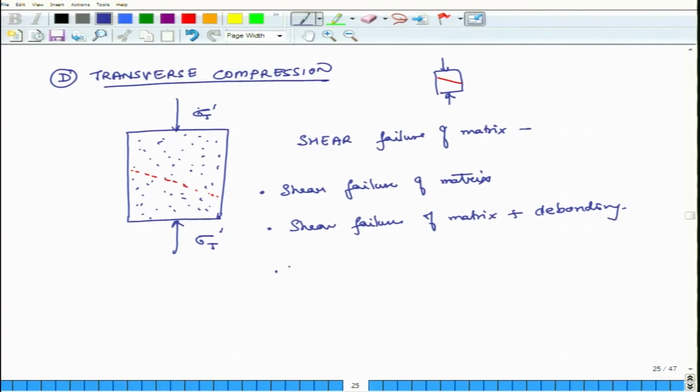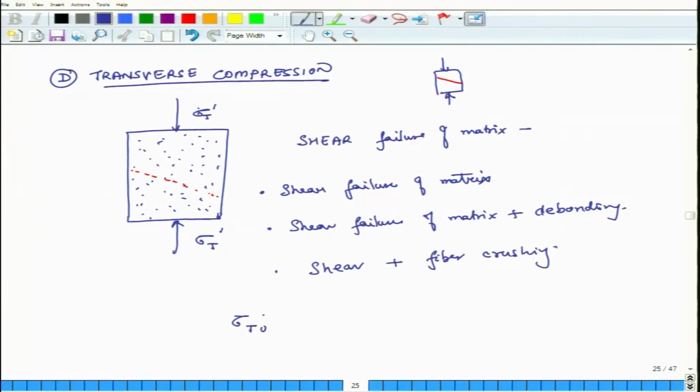And the third one is shear failure plus fiber crushing. So, fibers can also get squished. So, that is there. Now, typically